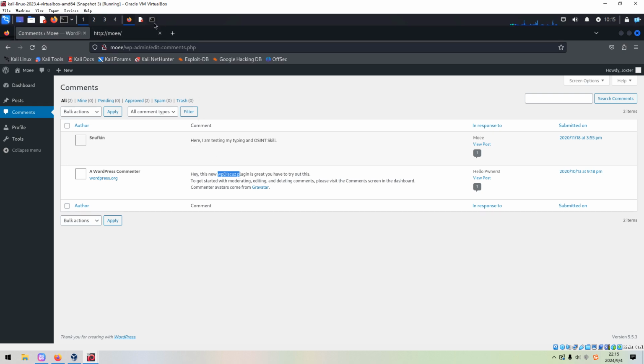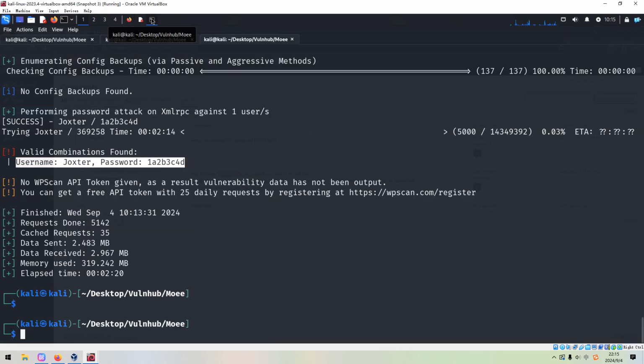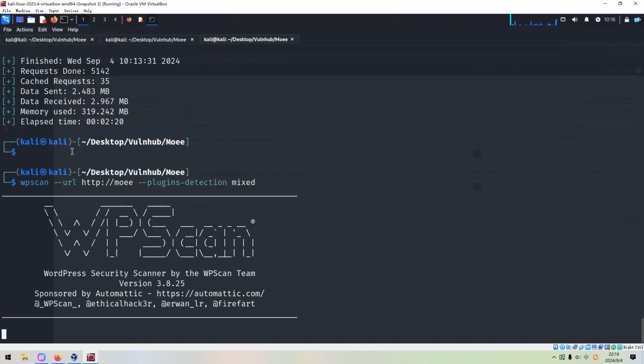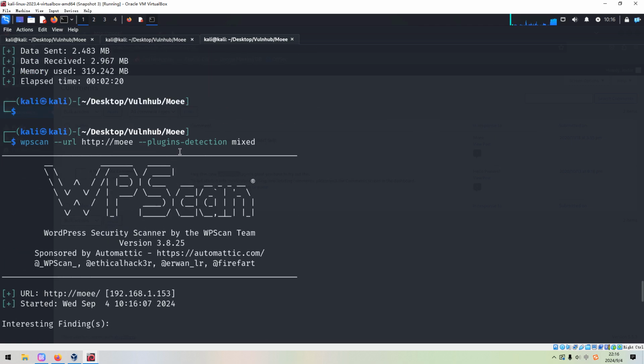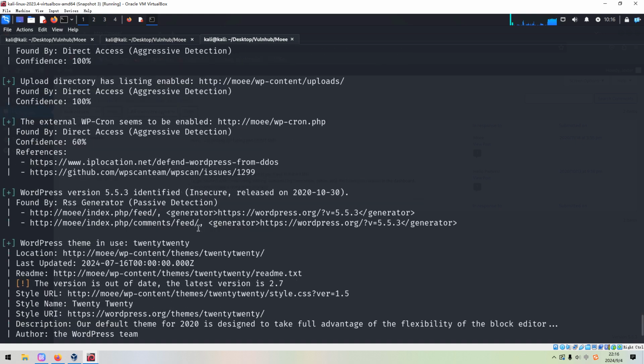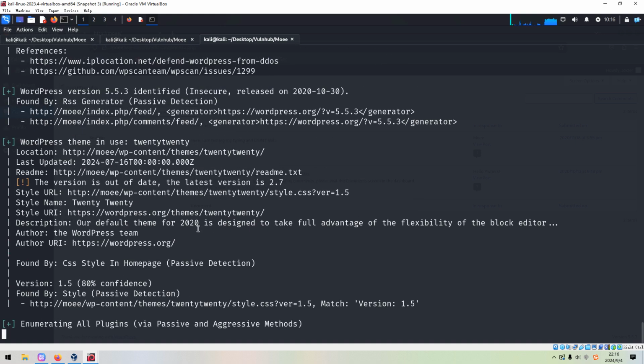And also, if you miss such information here, we can use another option. We can go to the plugin option, and from this option, plugins detection, we can also get the plugin information.